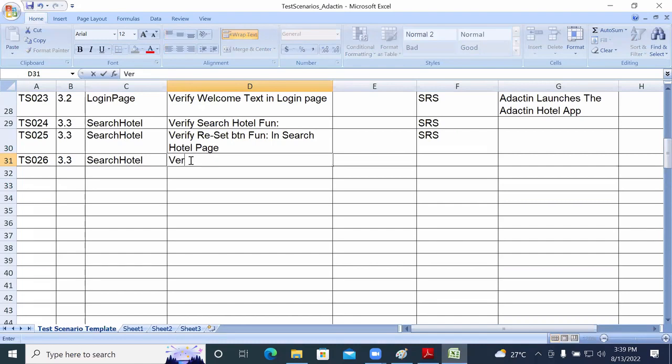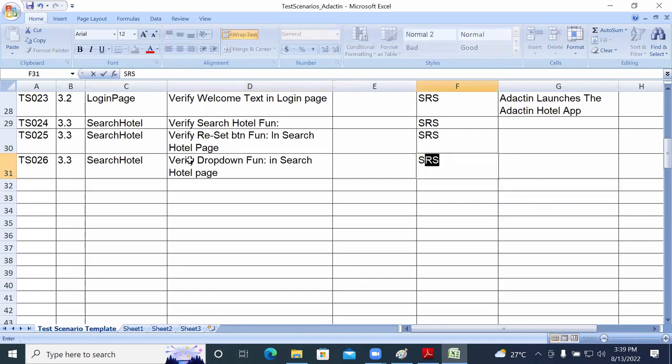You will be mentioning that verify drop down functionality. Verify drop down functionality in search hotel page. You can provide the drop down name, the list of that particular drop down names here. Okay, done. Next, considering that you need to provide TS